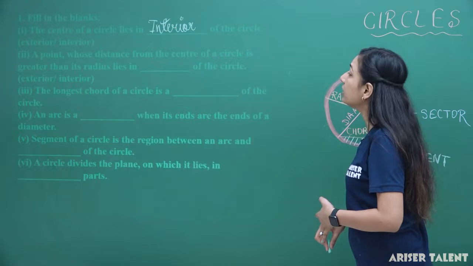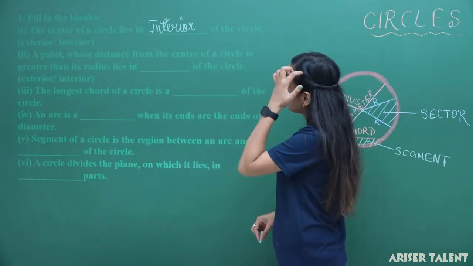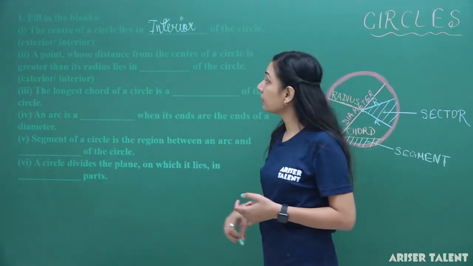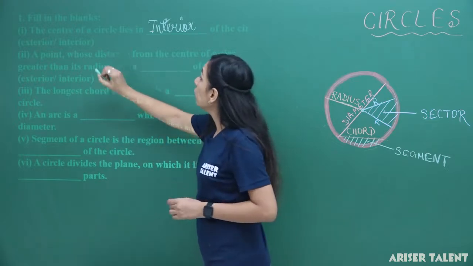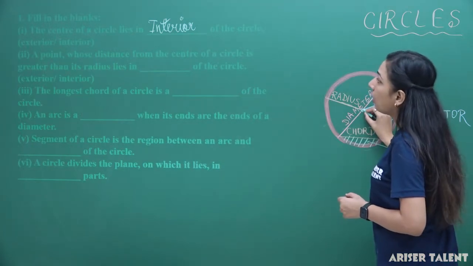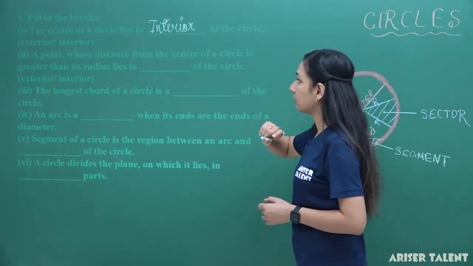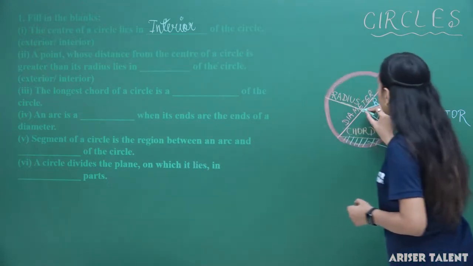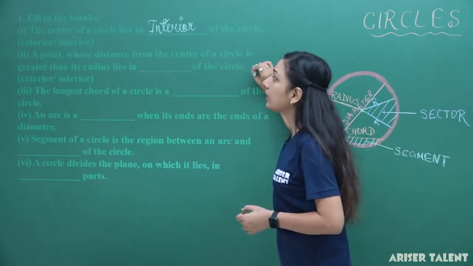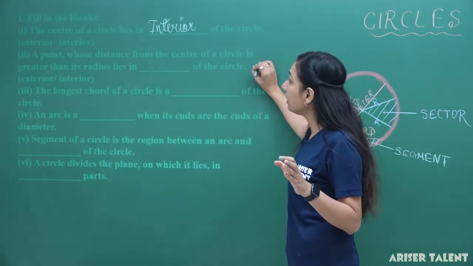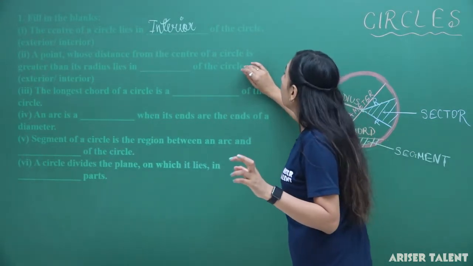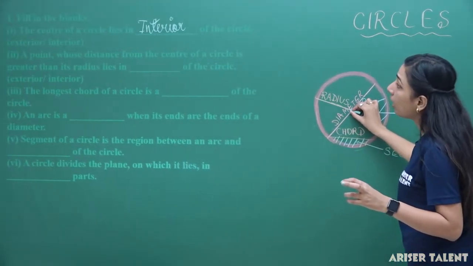Interior of the circle. Now, the next: a point whose distance from the center of a circle is greater than its radius lies in dash of the circle. Now, what does this mean to say? A point whose distance from the center of the circle... So, the center of the circle is this. Now, a point,